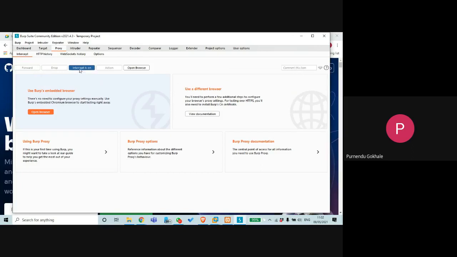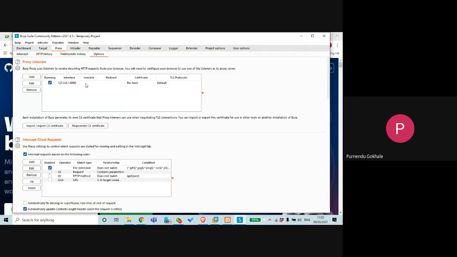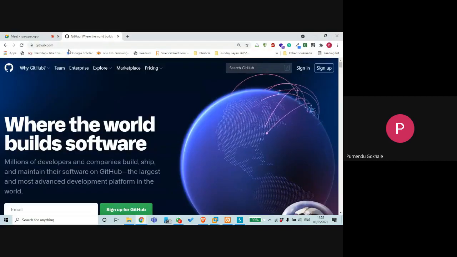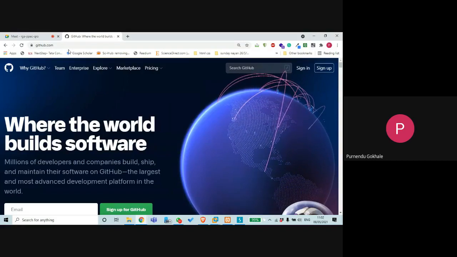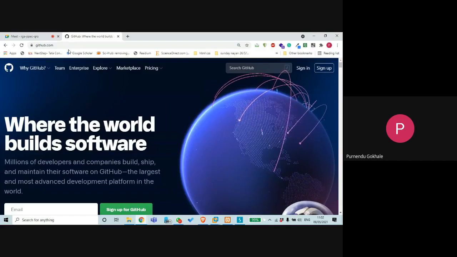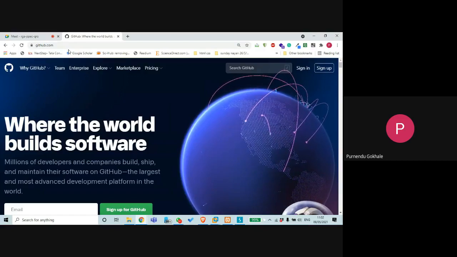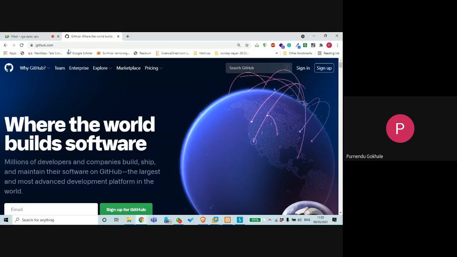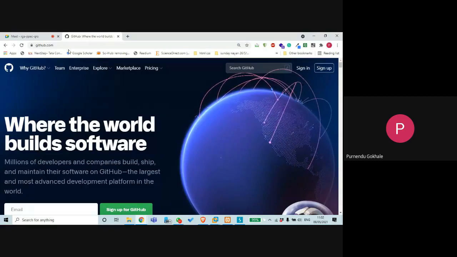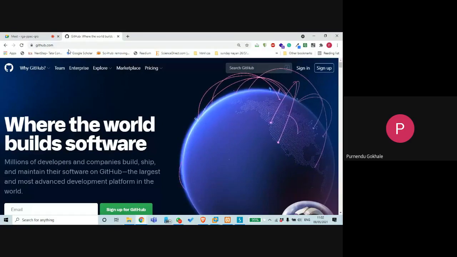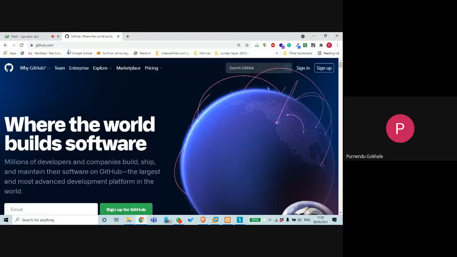We will do this, but first we will have to set the proxy. Currently, when I click on GitHub, it sends the request through my IP address. But now I want to add a third person there. So when I enter github.com, it should send a request to Burp Suite, and then Burp Suite will send a request to the GitHub server. So I'm adding a third middle person there. For that, I will need an IP address or a proxy.